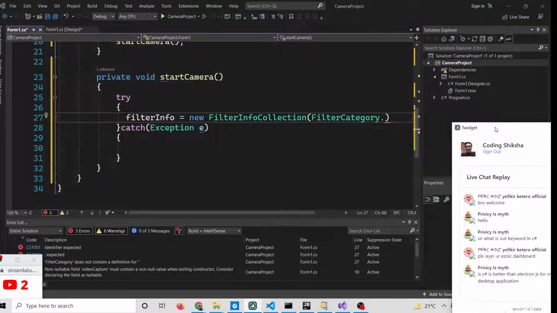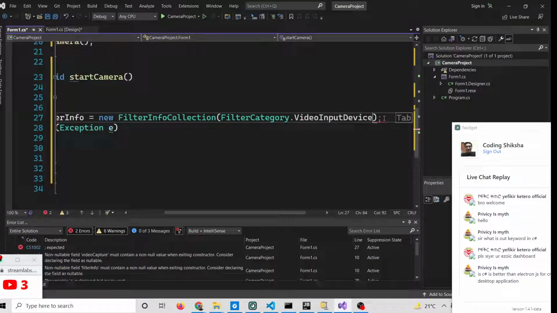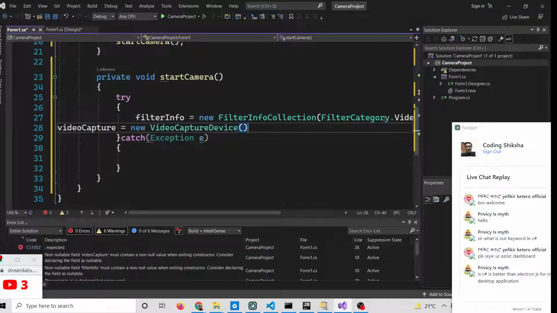If you see here, we need to pass video input device. In the drop down you can see the suggestions are coming, and in the second line what you need to do is that,